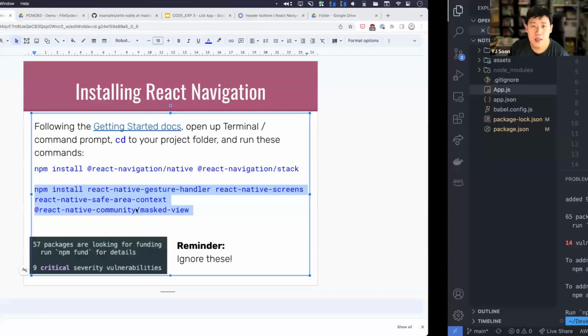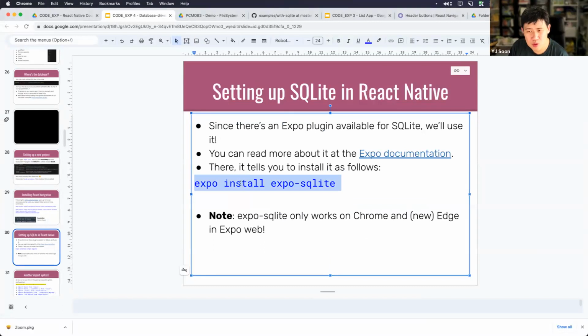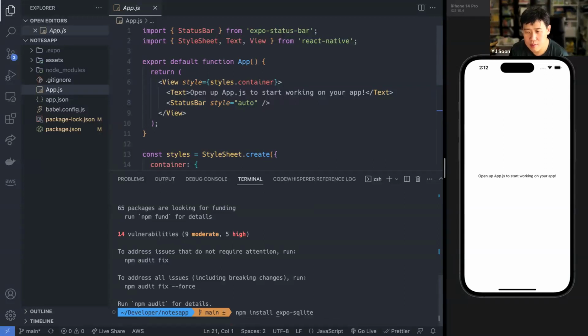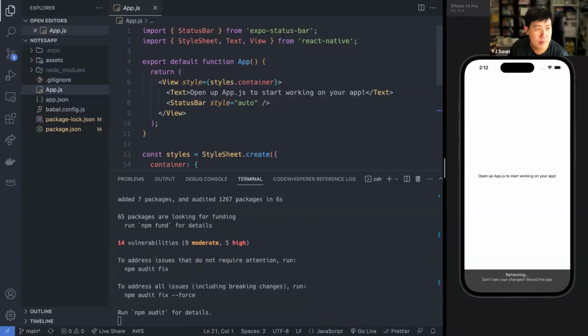That's great. All right, so one. Okay, this one technically you don't need to, but no harm. Let me just npm install it. Okay, so this will enable us to use SQLite for expo. Okay, that's good. All right, so let's now go and see what we are up to next.